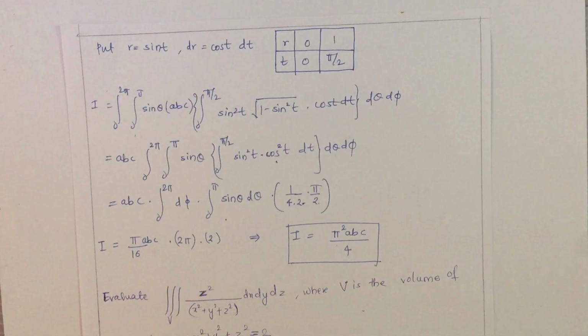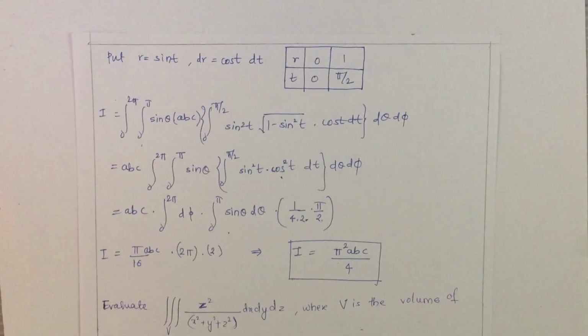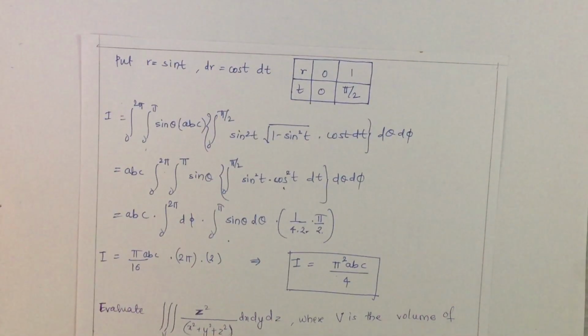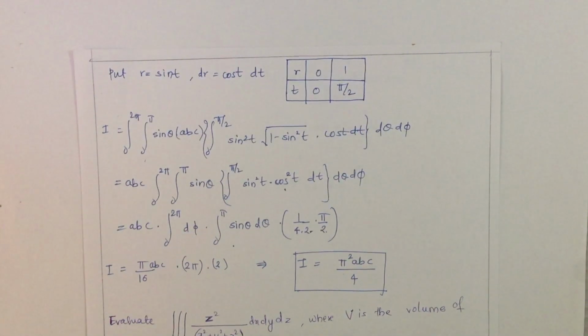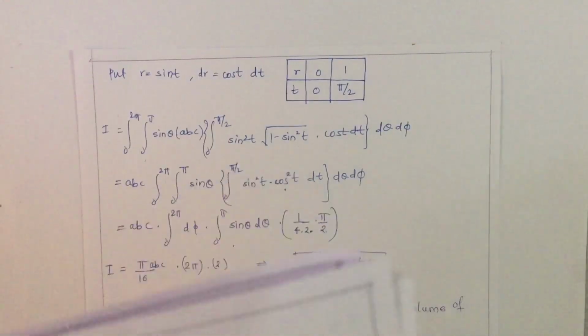Now this was a case where you were given a term which you could substitute, and you could transform it to polar. But there are also some examples where there are many xyz terms, and you cannot just transform it into polar or do some substitution. In such cases there is one theorem which we use. That theorem is known as Dirichlet's theorem.